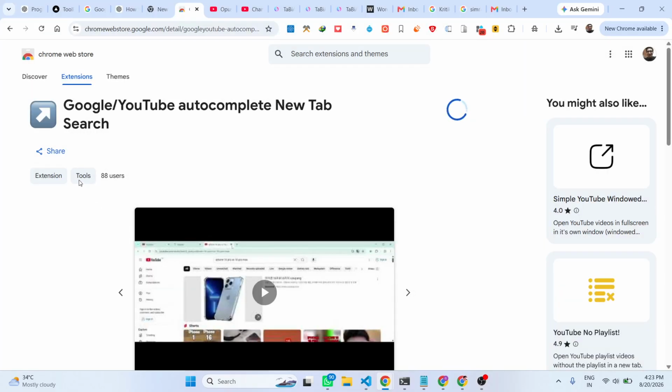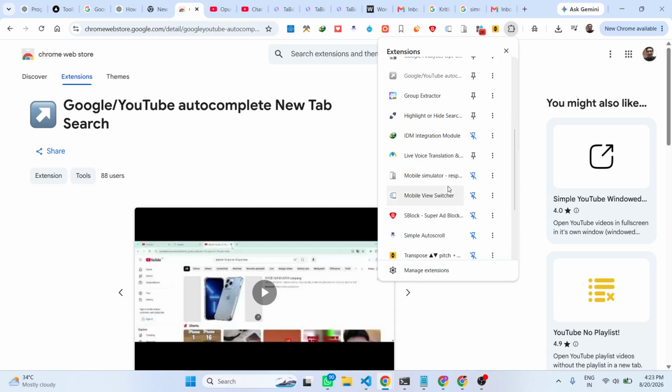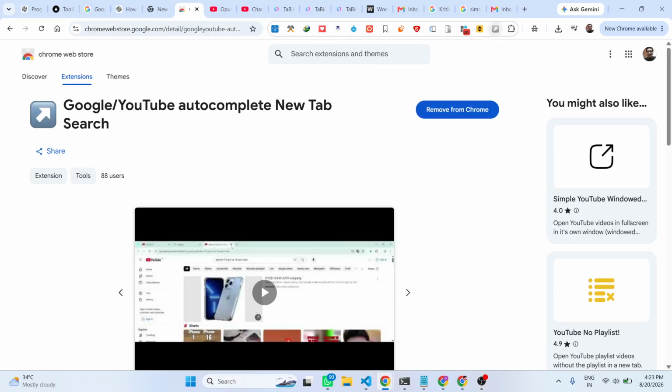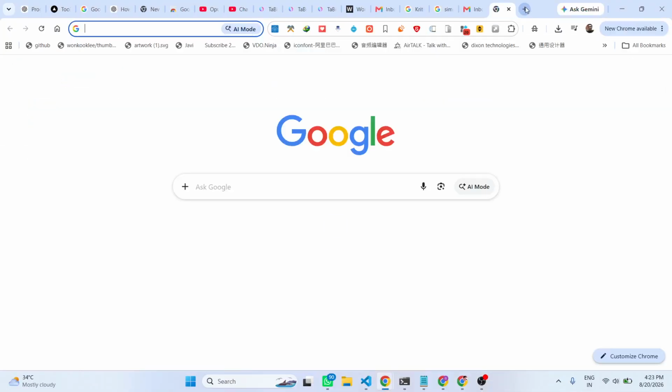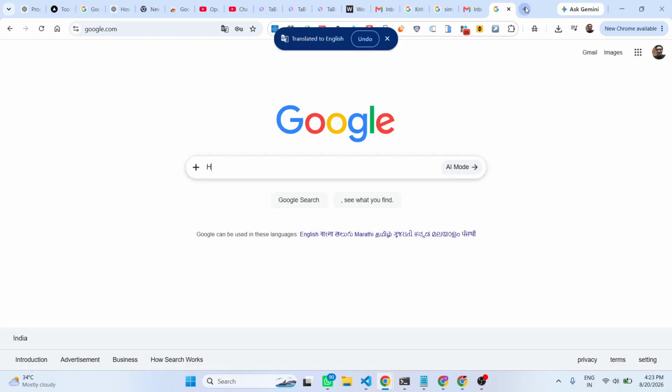It's a fairly new extension, only 88 people have installed it, but it does the job for you. After installing it, simply activate this extension. The icon will look something like this. Now if you simply go to Google and directly type for something,